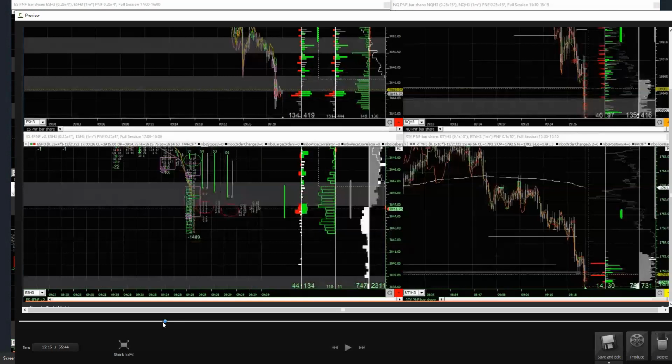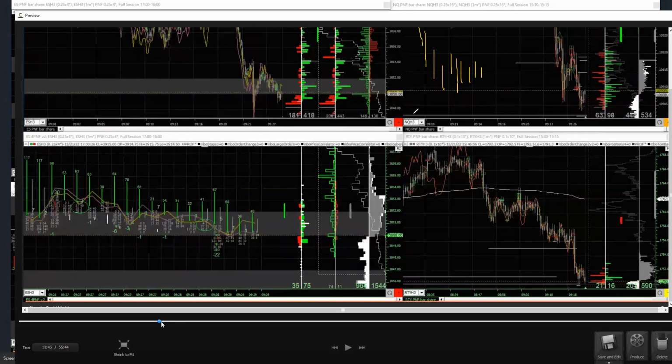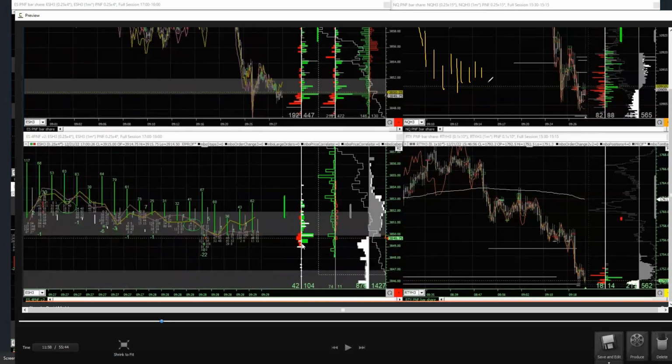But I want to rewind and just show you, when you get this OPP to pop and this laser to get longer, it should at the very least disqualify picking a bottom or trying to find a place to get long. I know disqualification isn't the sexiest thing in trading, but when you acquire the skill to disqualify, you minimize your losers. You minimize the heat, which helps minimize that snowball of bad habits that taking immediate heat from a trade